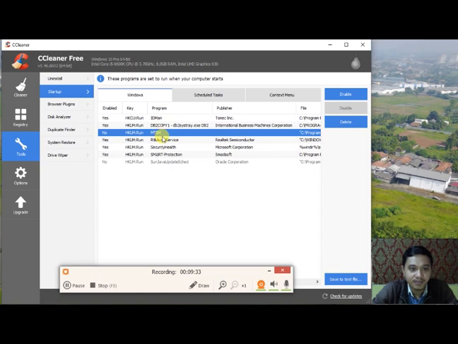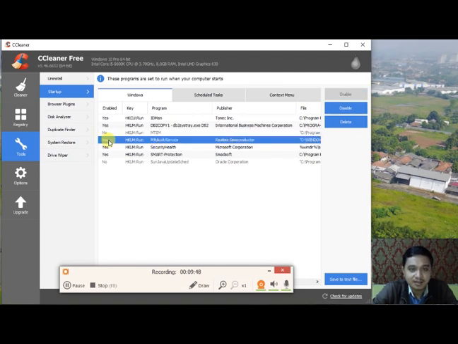This is International Business Machines Corporation from my computer. I turned off the MTSM because I think it's not too useful at startup. And then there is Realtek Semiconductor. This is the driver for the sound device, so I enable it.